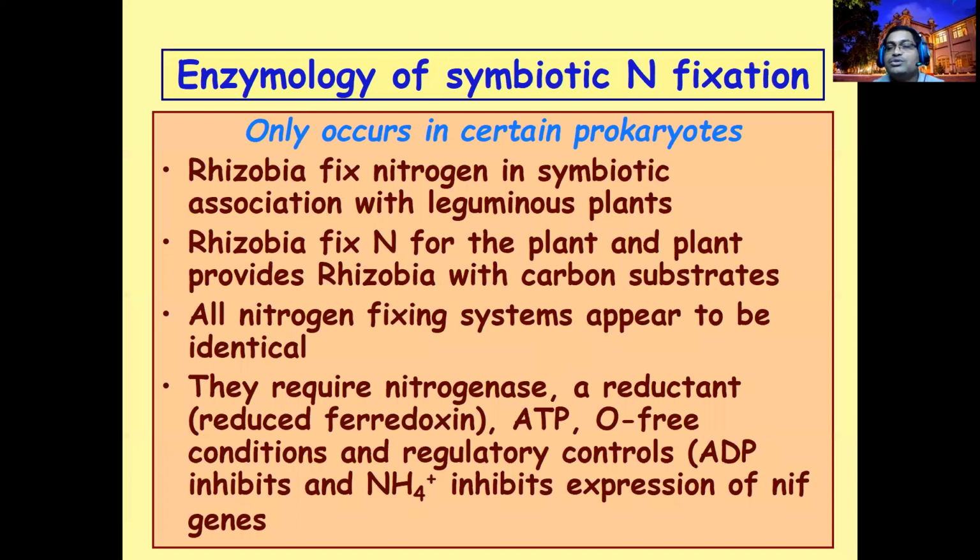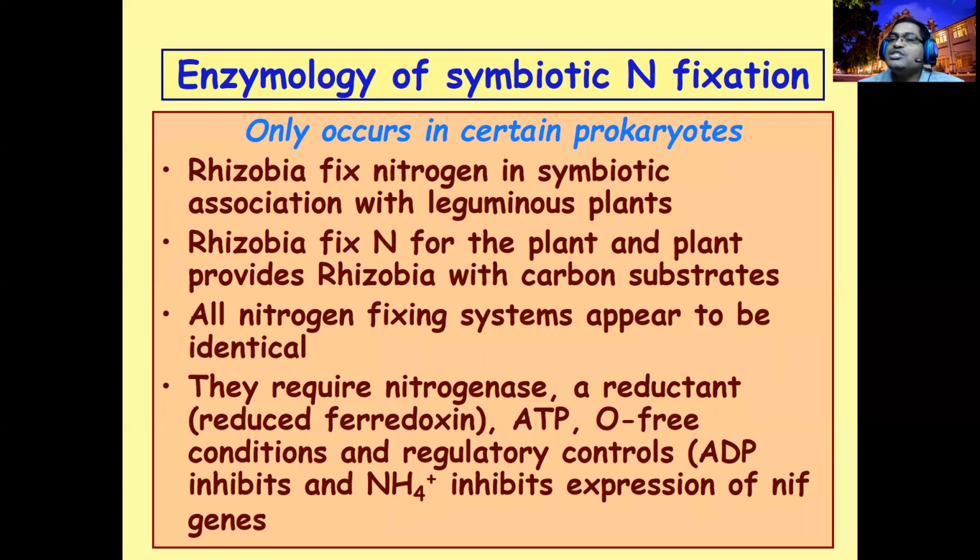I told you for the biological nitrogen fixation, symbiotic biological nitrogen fixation, there is a need of association between the symbiotic bacteria and the host leguminous crop. The symbiotic relationship means both are getting benefits. Symbiosis means friends. To get the benefit, the plant is giving some sugars, photosynthetic products, to the bacteria. So the bacteria is fixing nitrogen needed for the plant. So both are benefiting. Right?